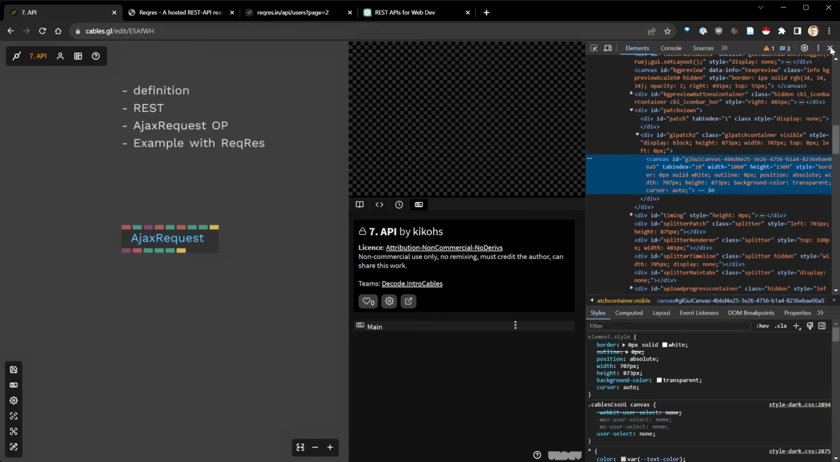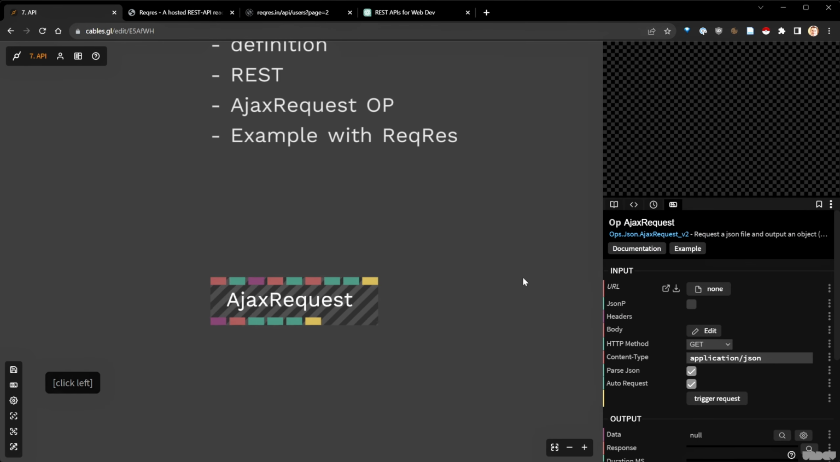So this is why, if you click on the AJAX request here on the right panel, you would see by default that the content type that you expect is of type JSON, and it's also selected parse JSON and auto request, which we will uncheck, so that I want to trigger the request manually for now. Okay, so I'm saving, and now, okay, the first thing that we need to check here is